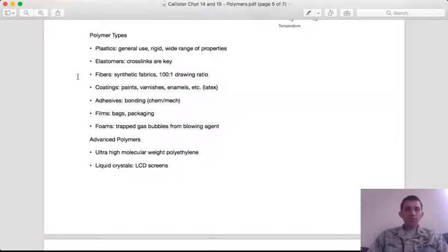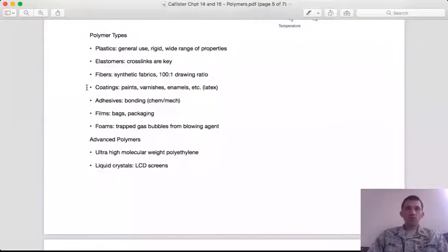Synthetic fibers, as we draw polymers into a fiber, right? We strengthen it and can draw it into a very thin fiber, which we can then use to make fabric. Polymers are the dominant way of coating other materials. So all paints and varnishes and enamels are polymer systems, and they dry and cure by a number of mechanisms,